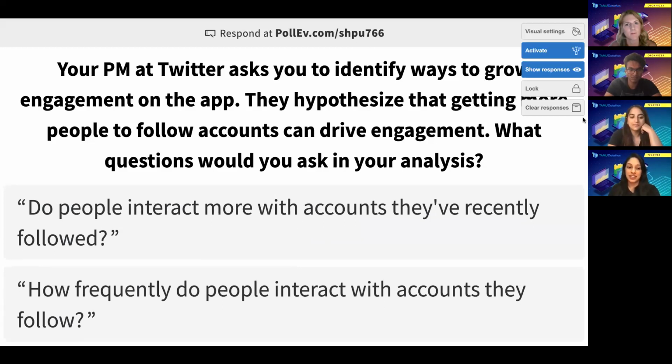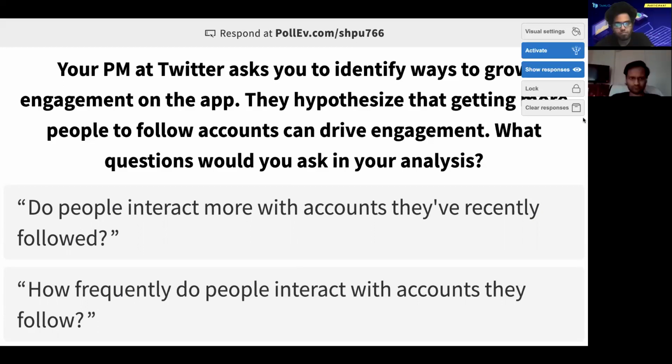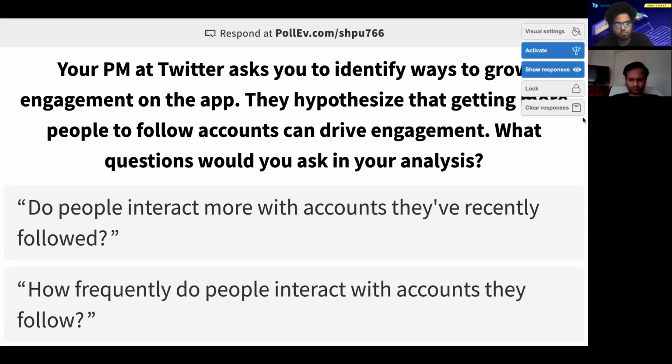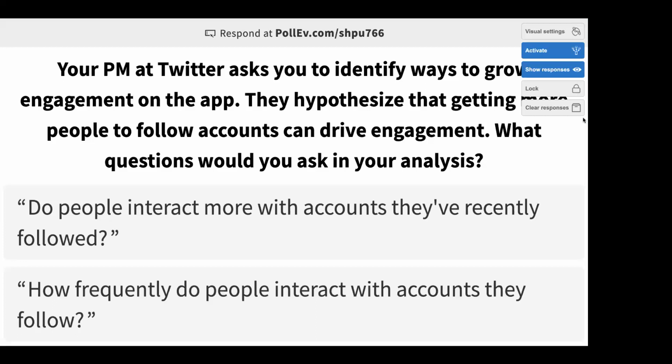And these next two, about interactions with accounts that follow, I think that's really important. Sometimes you can drive something like follows, but do you really drive that downstream impact that you care about? Sometimes a lot of people get caught up in that first initial step, like we got our goal, we drove follows, but is it really net positive for the users in the app? And as data scientists, we are the source of truth. We are in the position to really ground people and tell them, hey, this is not driving the outcome we want, so we should do this instead. So it's okay to say no, your hypothesis is incorrect. And I think that's a good example of looking into the actual quality.